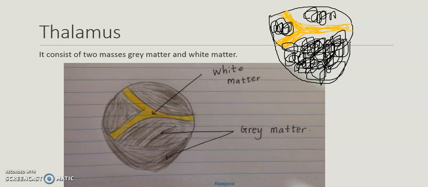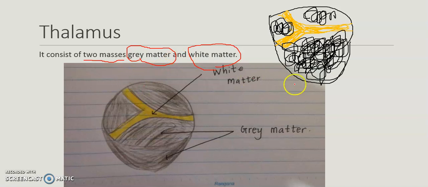And now we are coming up with the most important section. Thalamus consists of two masses, grey matter and white matter. Our thalamus is made out of grey matter and white matter.